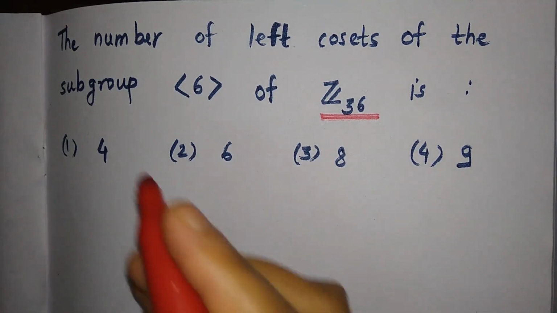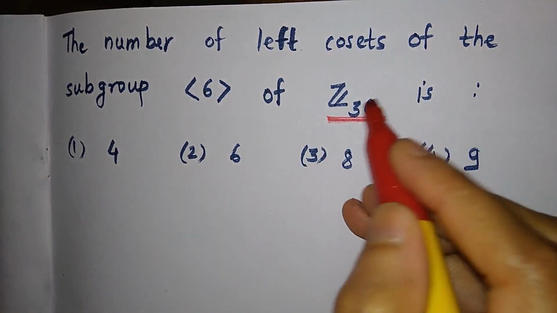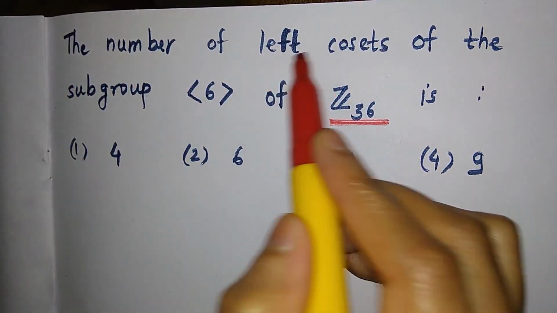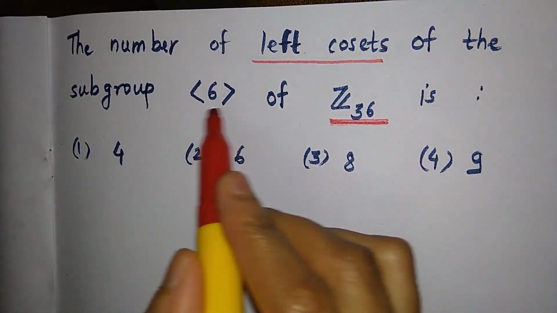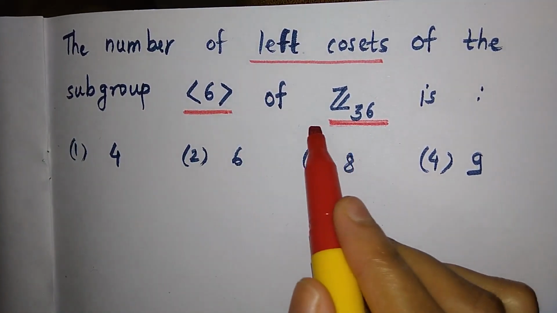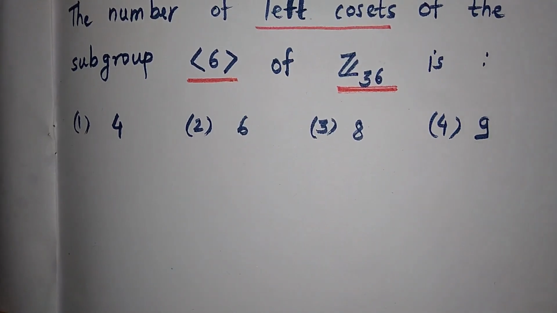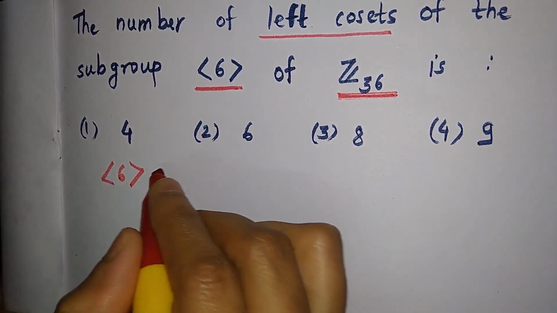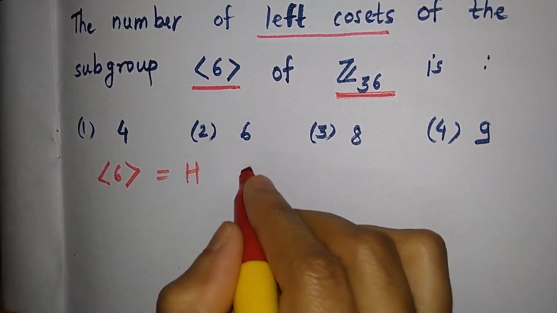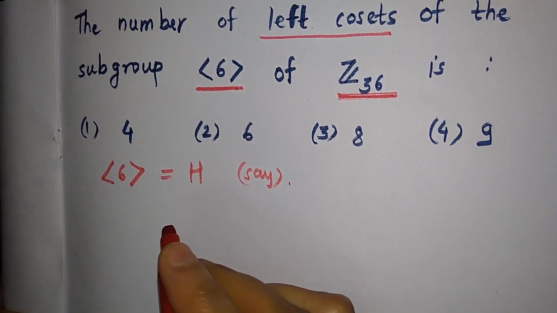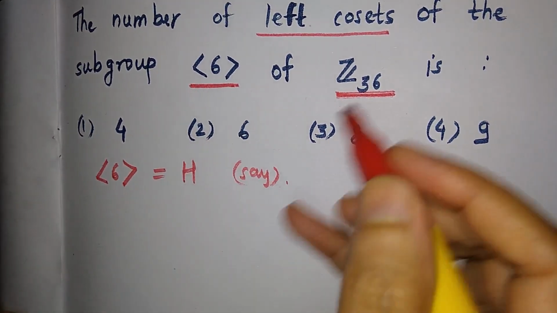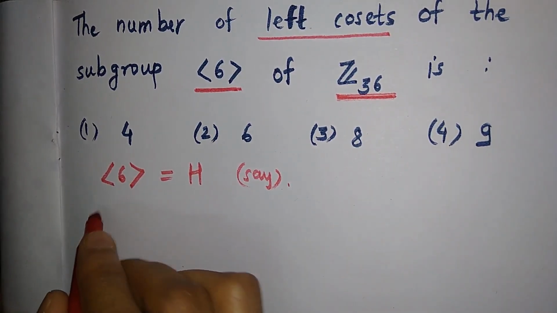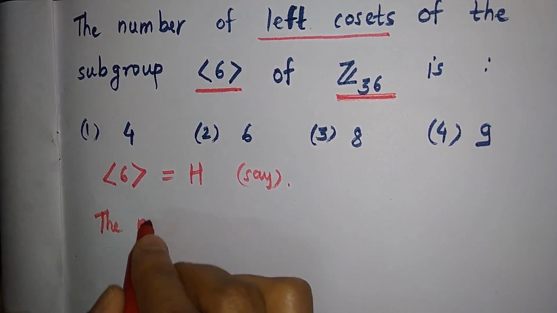Let us see another question. We are given a group Z36 and we have to find the number of left cosets of the subgroup generated by 6 in Z36. So let us denote the group generated by 6 by the letter H. So we have to find the number of left cosets of H in Z36. That means the number of